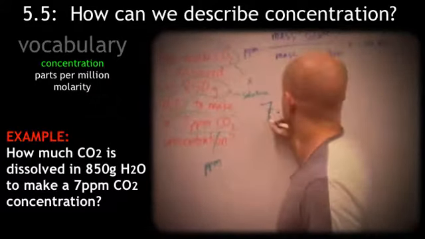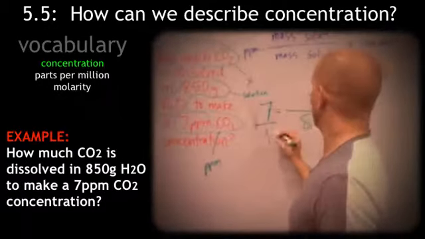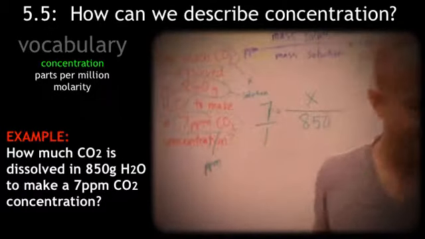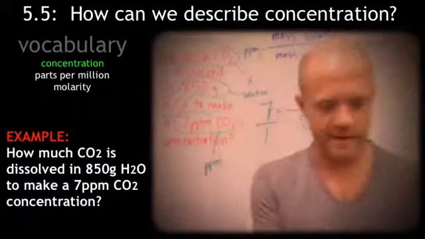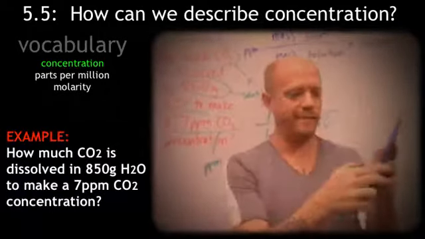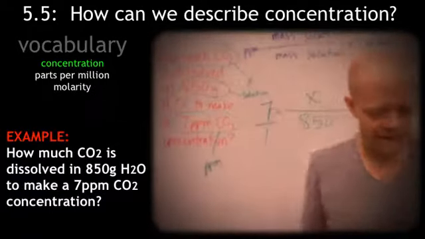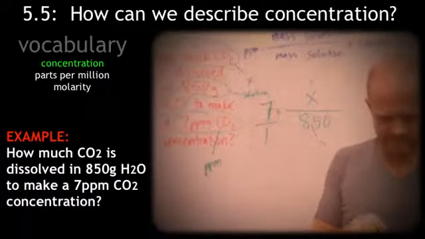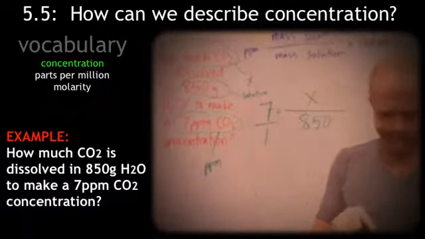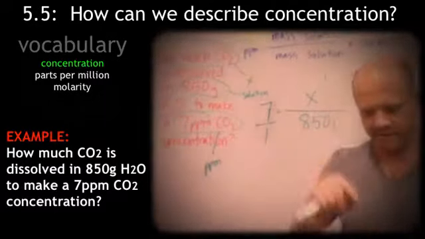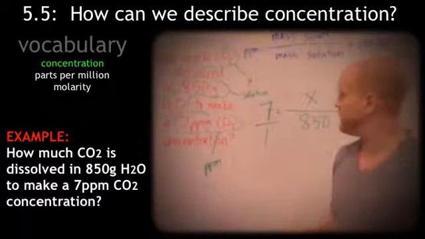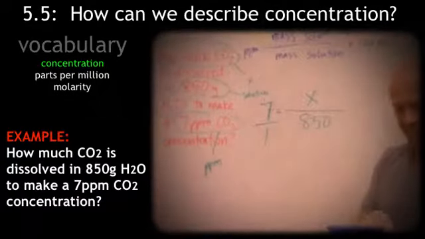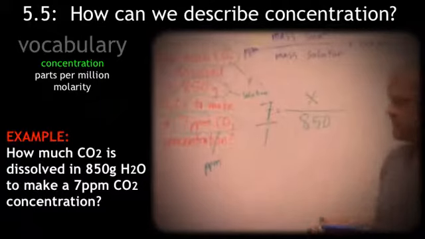Now, I'm going to put this over 1. We're going to cross multiply and divide. Let me get out my calculator. I'm using my app. Sorry, you're looking for a calculator as well. Maybe you can figure it out faster than me. 850 times 7 equals